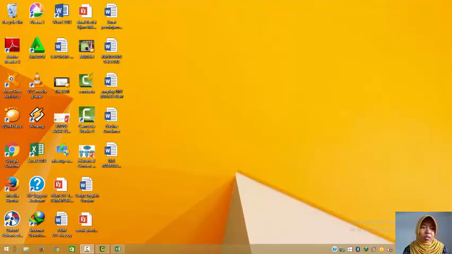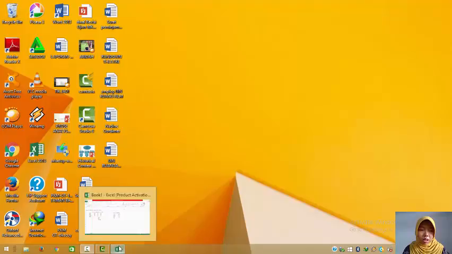Basically, Microsoft Excel is easy to use because you don't need complicated rules or complicated settings. We can just start by double clicking on the Excel icon, and then you will see a screen. You just need to click a blank document, and then